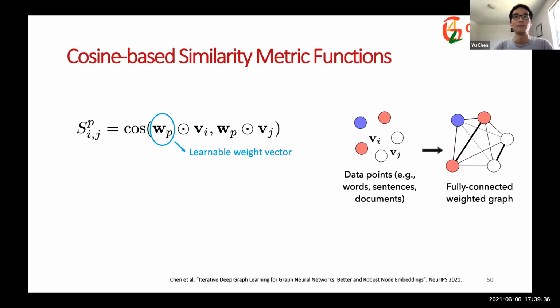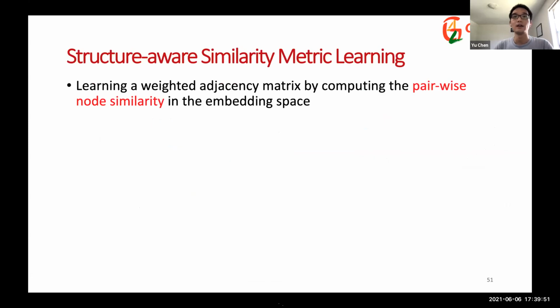So then one can average multi-head similarity scores to increase the learning power of the metric. This is similar to the idea of multi-head attention employed in transformer-like models. Now let's talk about another way to design a similarity metric learning function, which is